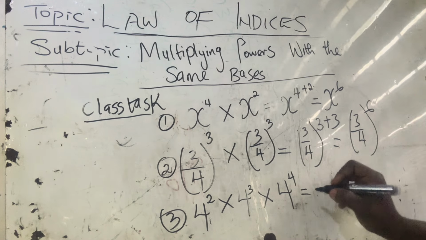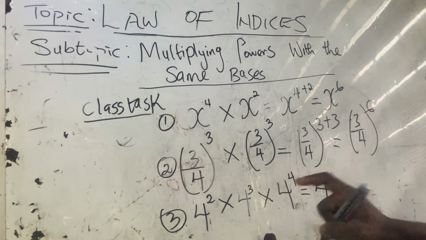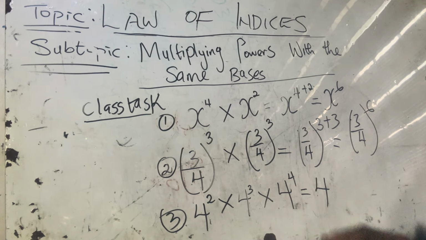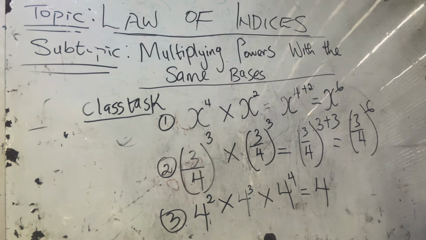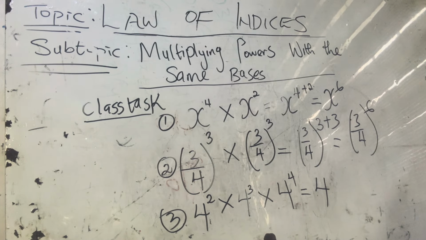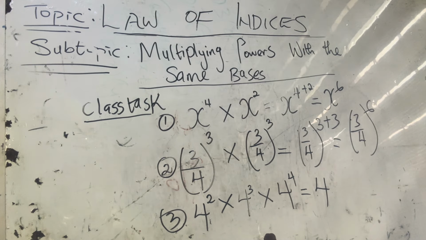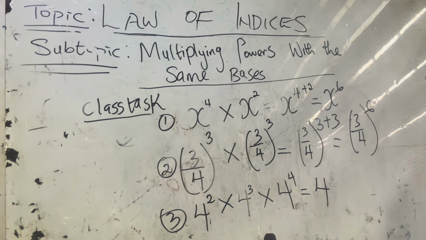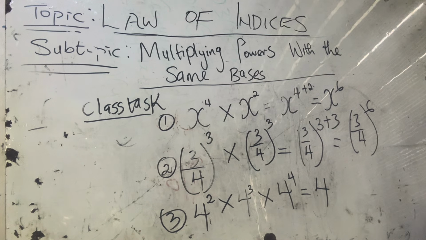So now, using the short method, I'm going to write out the base, which is 4, then add the powers together. But before then, I'm going to count 1 to 10 to know your final answer. So my count starts now. 1, 2, 3, 4, 5, 6, 7, 8, 9,